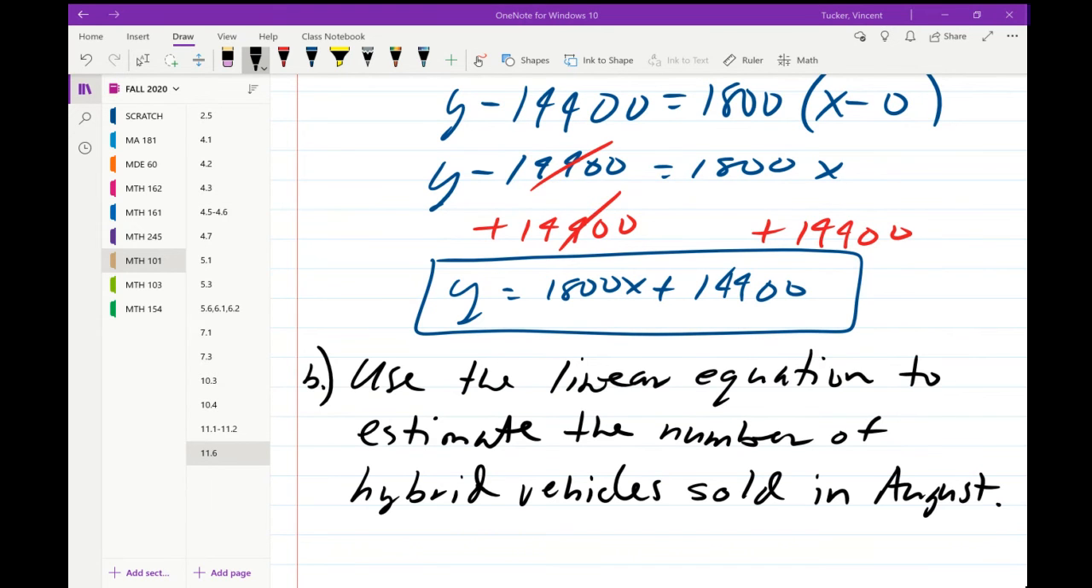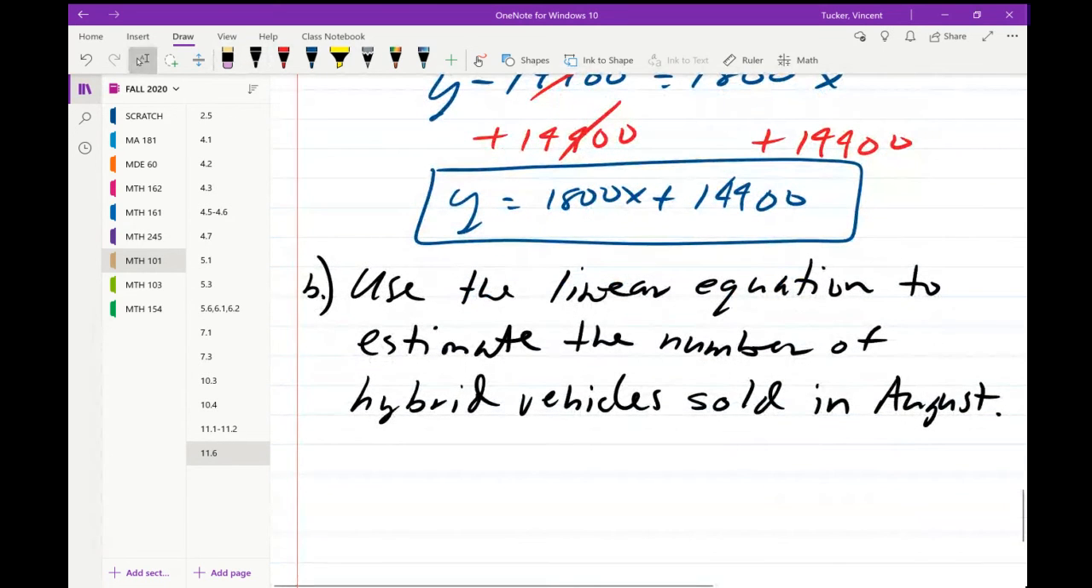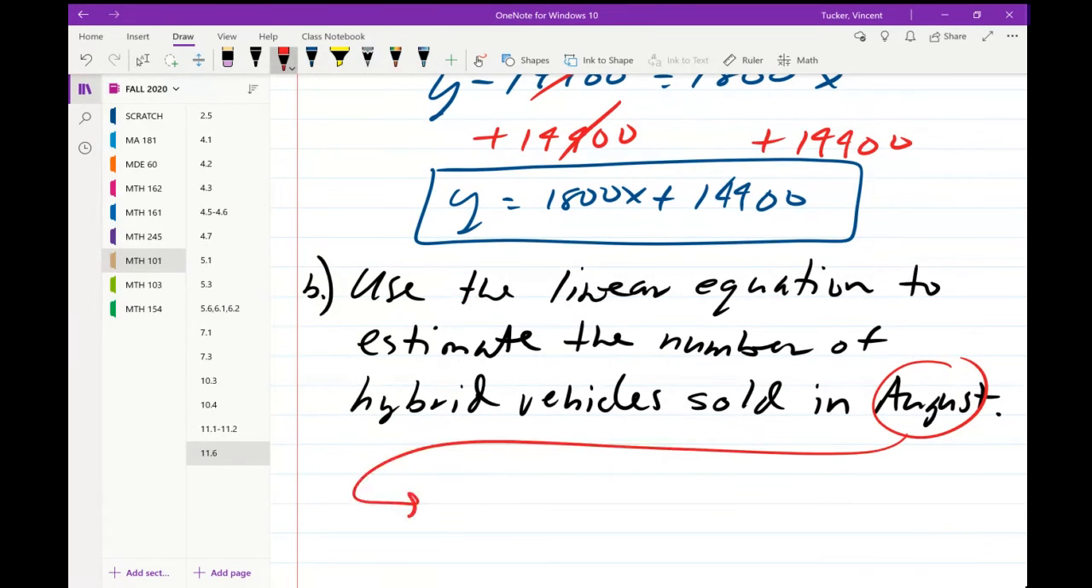All right, so for this next part, use the linear equation to estimate the number of hybrid vehicles sold in August. All right, so don't forget how this is set up for us. We're talking about the number of vehicles sold in a month. That means this right here is going to be one less than what the month is normally called. So if it's at month 8,